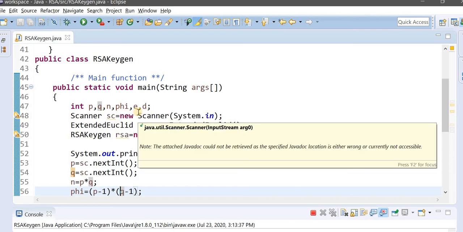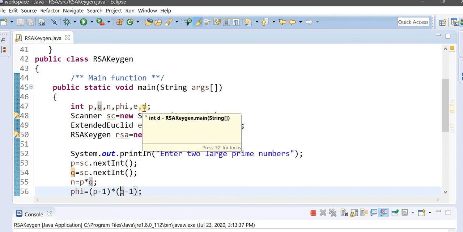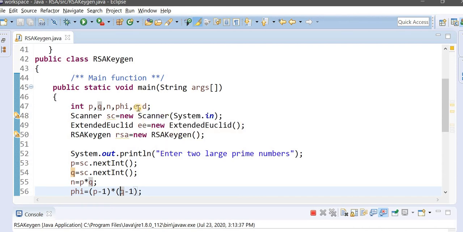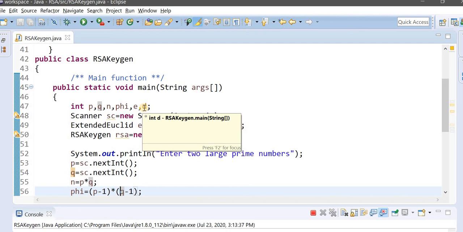Then select E such that E is relatively prime with respect to Phi. Then calculate D, the decryption key, from E, the public key, by taking the inverse of E mod Phi.